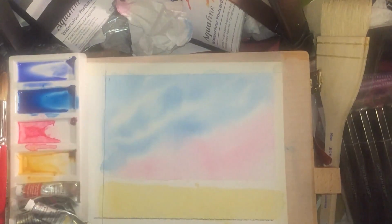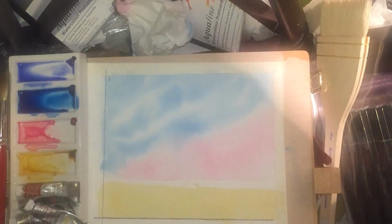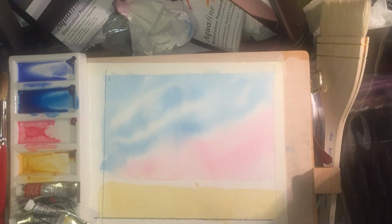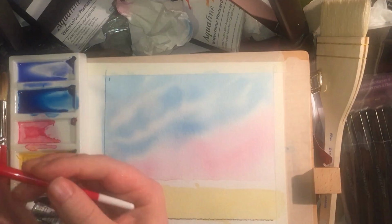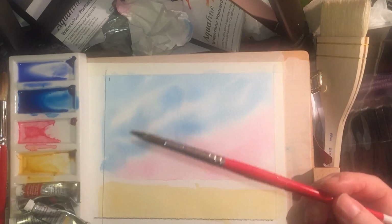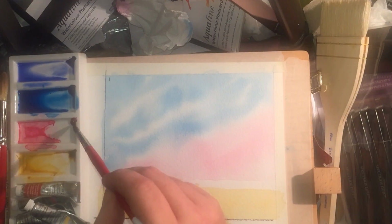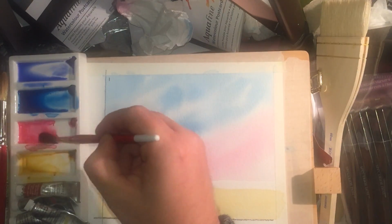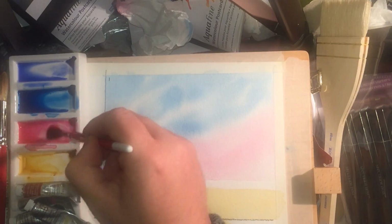And I want to talk a little bit about light sources while I'm doing this. If you think about the setting sun that we can see as red, that means the sun is actually kind of here somewhere. So the light is coming from the side. So if we have any objects, they've got to be dark on this side, light on this side, and that light is a very red light. It's going to be a very pink shadow that we see. So I'm going to add a little bit more of that permanent rose, that quinacridone rose, to darken that wash up a little bit more,